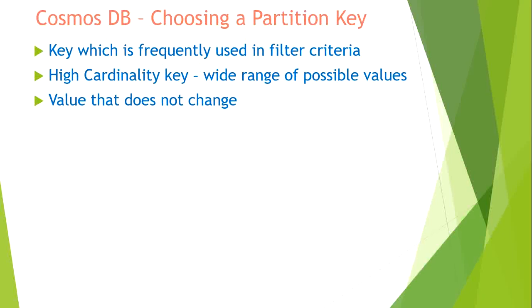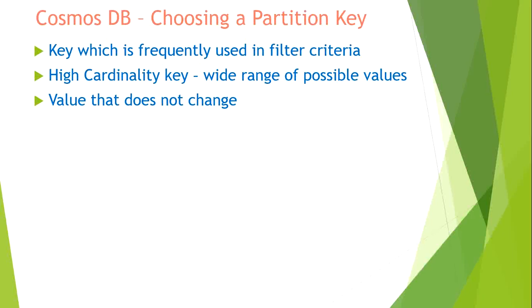Let's take for example that you have chosen state as the key, and Delhi is the value. If the data for the Delhi state is big in number, what will happen? It will create a logical partition which has lots of data in a single logical partition. So the data will be highly skewed, and it's quite possible that going forward this particular partition may exceed the assigned size of 20 GB. That will create trouble for it.